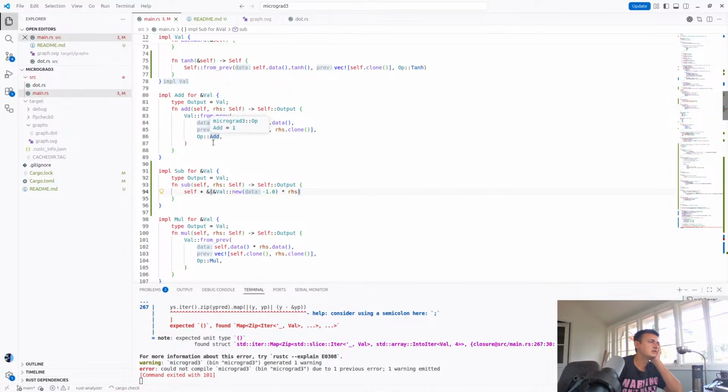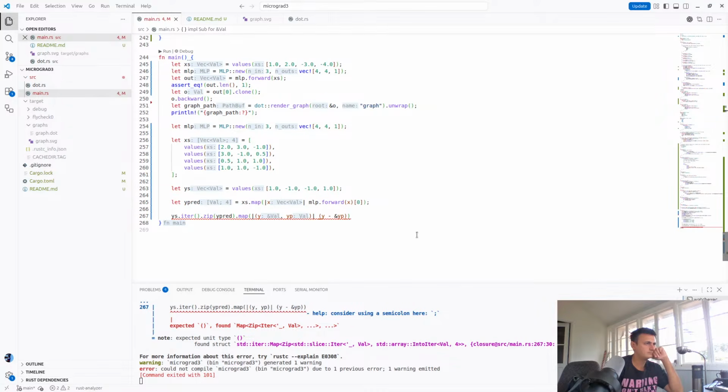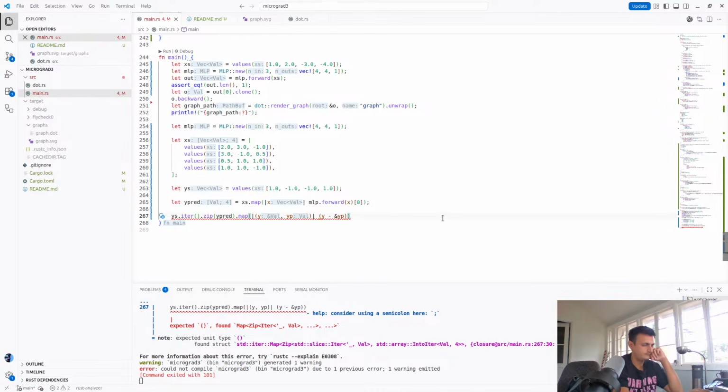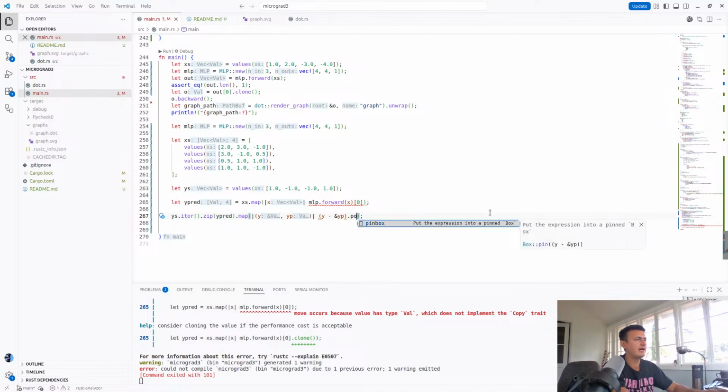Okay, so there we go. Now we have sub. So we iterate, we zip, we map. Now we have this value, and we want to do pow